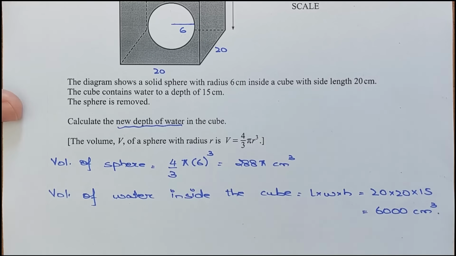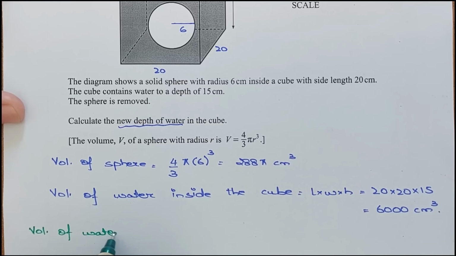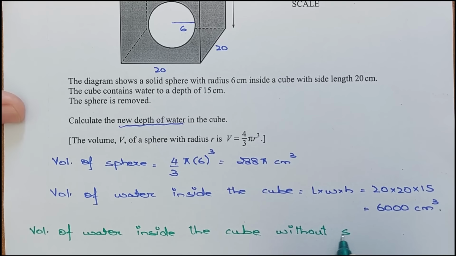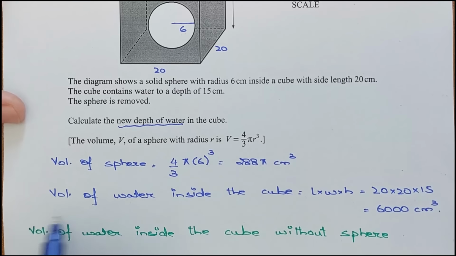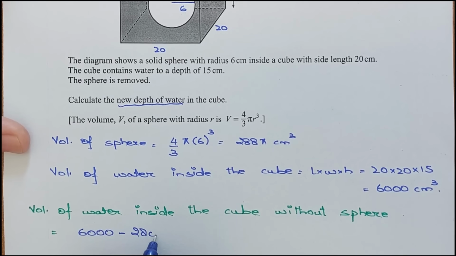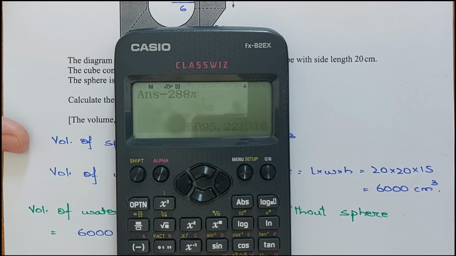All right. Now to get the volume of the water inside the cube without the sphere, when you remove the sphere, that is equal to the volume of water inside the cube, which is 6,000. You have to subtract the sphere volume, which is equal to 288 pi. So 6,000 subtract 288 pi,